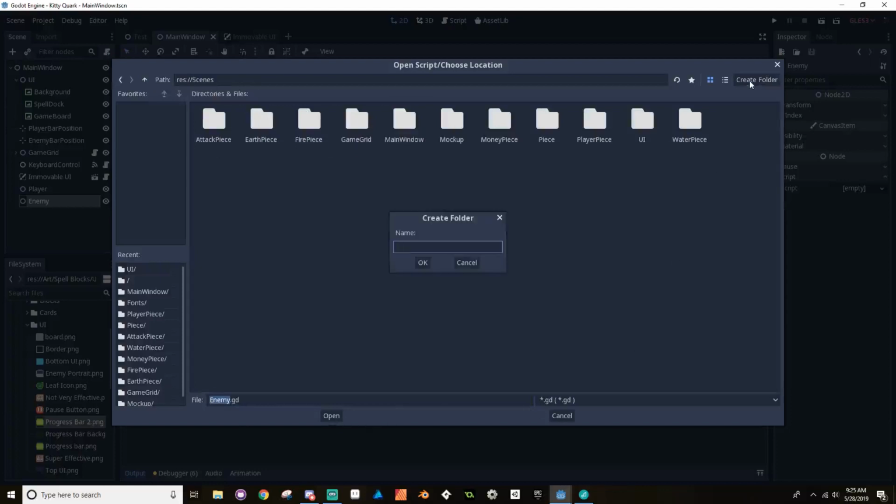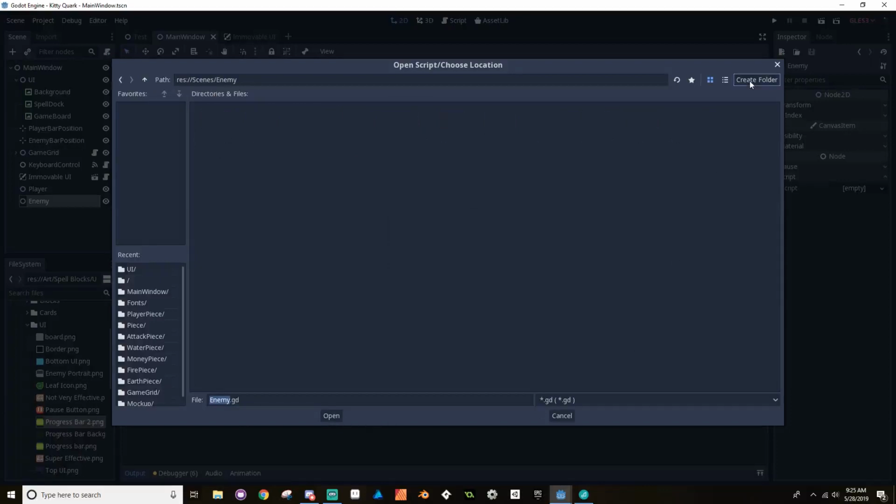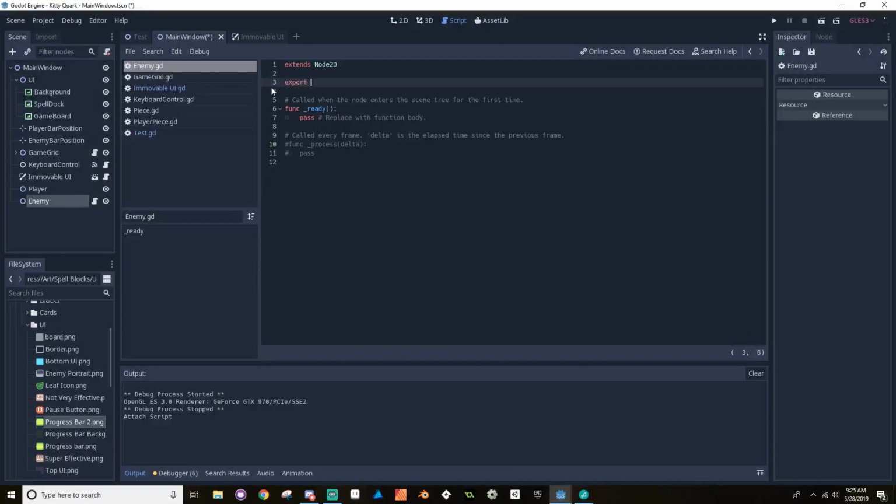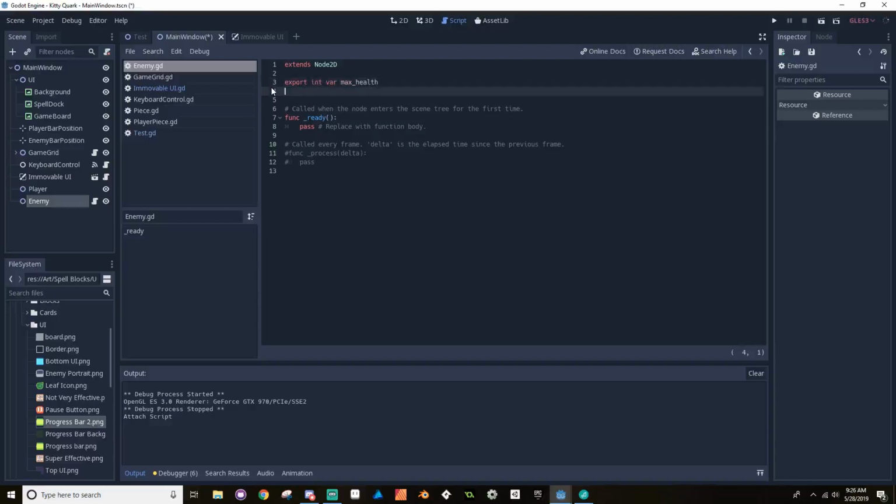Let's make a new folder that I'm going to call enemy, and we'll save this here. And I want my enemy to have, we'll call this max health, and then we'll just do current health, and then